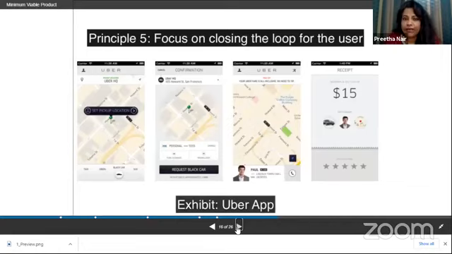Principle 5. Focus on closing the loop for the user. This is very important. For example, here is an example of Uber as an application. Now, always have a start to an end point in a workflow for a user. For example, if you're a user who wants to travel from location A to B using an Uber app, you'll